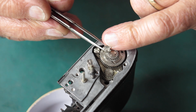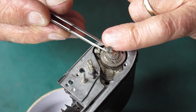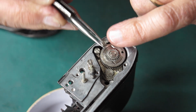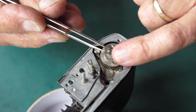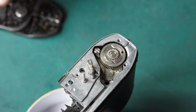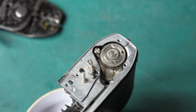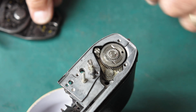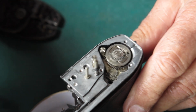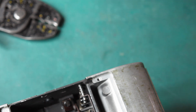This is the one that came out of the camera, and you can possibly see it's got an indentation in the centre. That's where it's effectively been torn to bits. The sides of it are pulled right up out of shape. It's been over tightened, or it was misassembled and then tightened up, which caused that stress to happen. Okay,